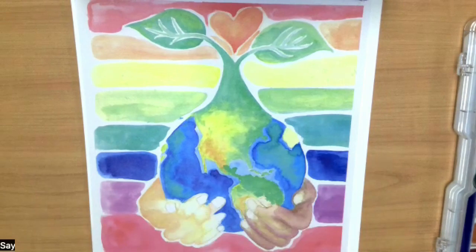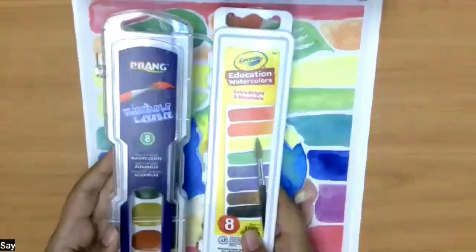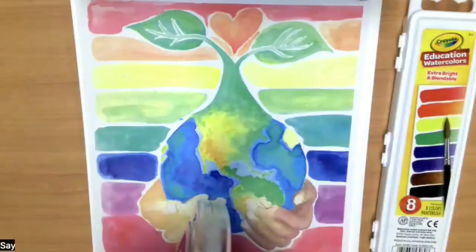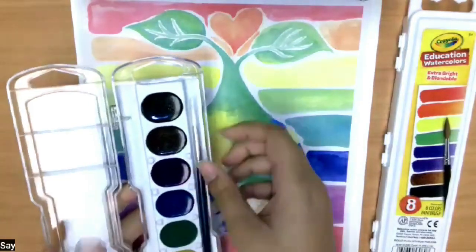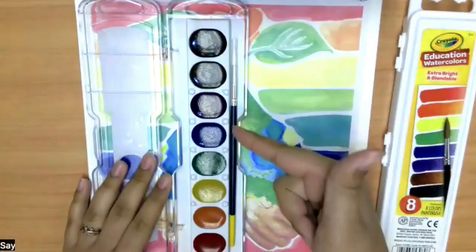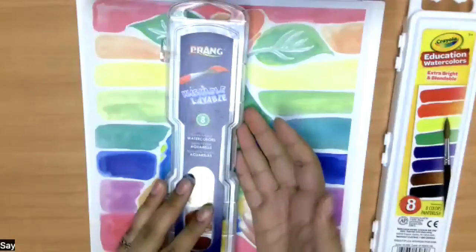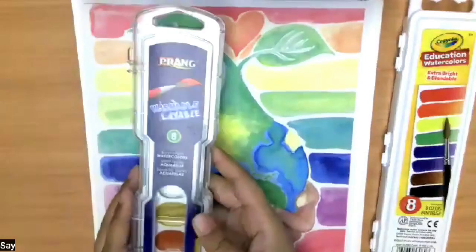For this, you can use either one of these two palettes. I think I used this one, so I'm going to use this one. If anyone wants me to use this one, oh, this one also has a brush in it. I didn't even notice that. Wow, I'll leave that, this is completely untouched. If anyone wants me to use this other palette, that's totally fine. Please request in the chat, or just unmute yourself and ask, can you use the Prang